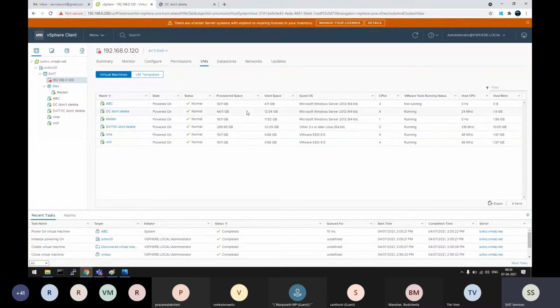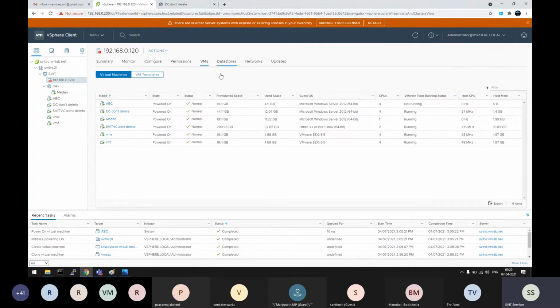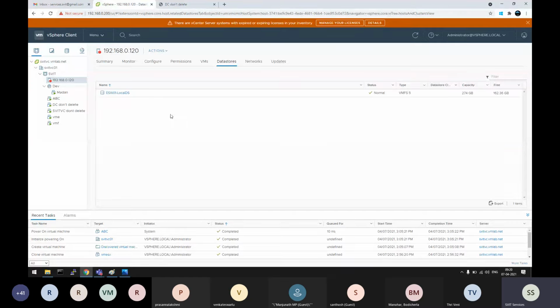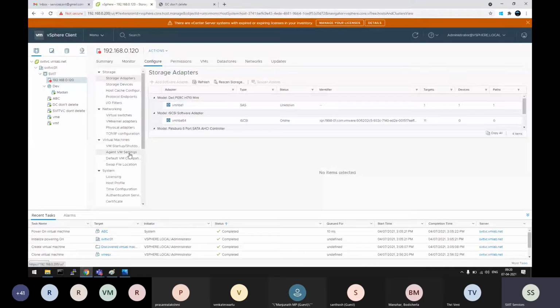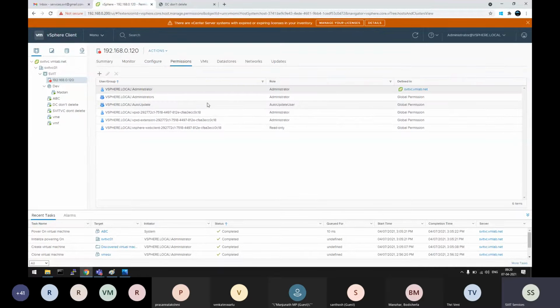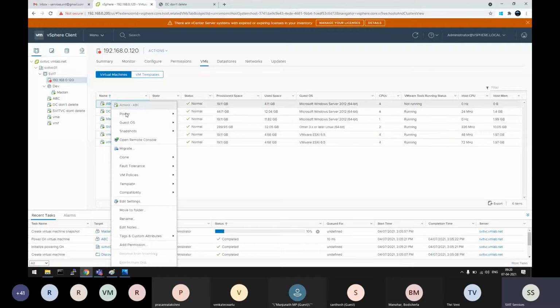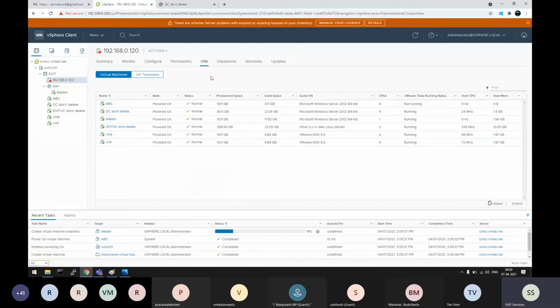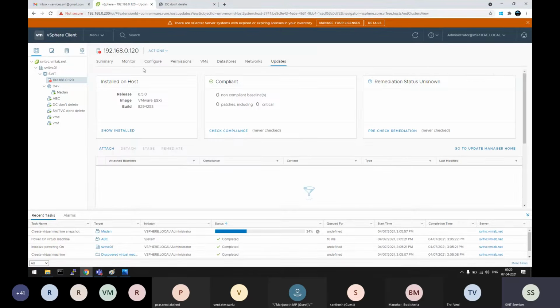70% of our work will be here on this interface, and it will be completely with mouse, like all these tabs. And if you can understand what are all these tabs, what are all these options are used for, is more than enough. And also these tabs are not different for any object. If you select one object, summary tab, monitor tab, configure tab, sub options, permissions, how to give permission, how to modify permission, how to remove permission, virtual computers, what are all the virtual computers running on it. If I want to power on this computer, right click, power on. So almost everything that we do here is GUI operation. With mouse itself we manage, right? And that's what we are going to learn about next 40 to 50 days.